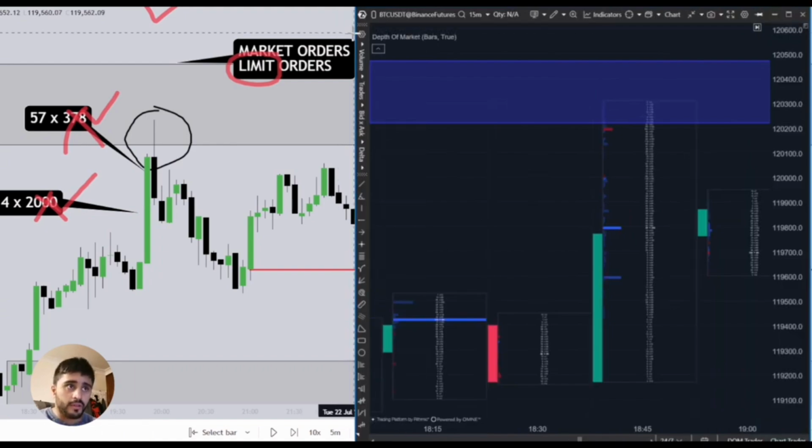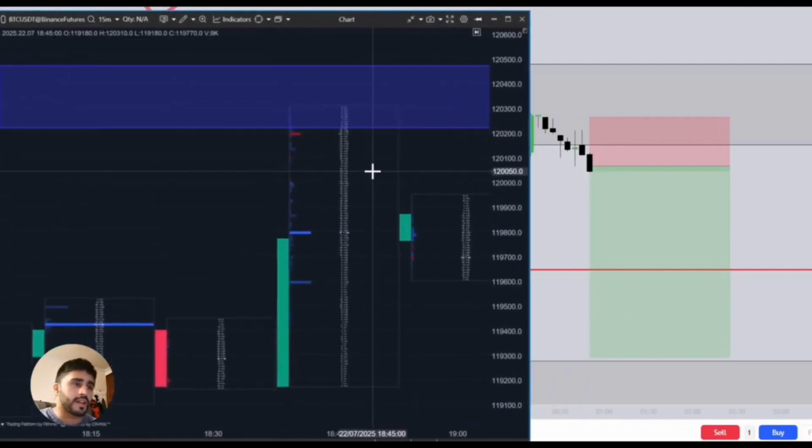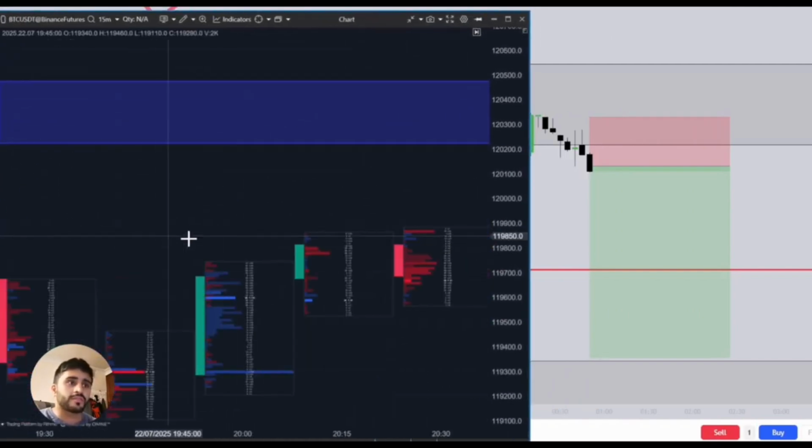And so if I just bring this over to the right hand side, I want traders to kind of understand the second rejection, which was somewhere